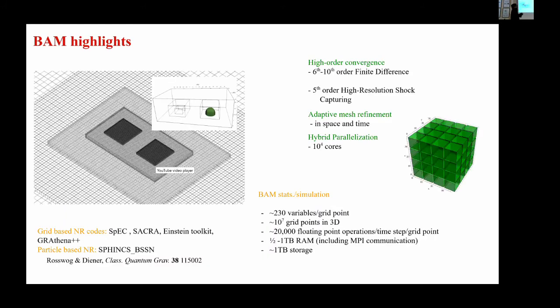So next I want to talk about BAM, a code which makes it possible to do numerical relativity and really solve these equations without assuming a lot about the system. BAM in that respect is a finite difference code, and it has a high resolution finite difference stencil, which is 6th to 10th order. Basically this finite difference is used to approximate the spatial derivatives of the fields in GR.